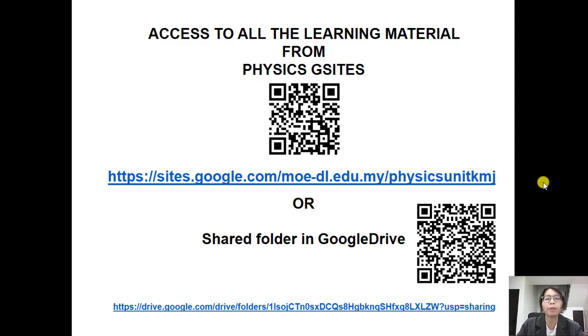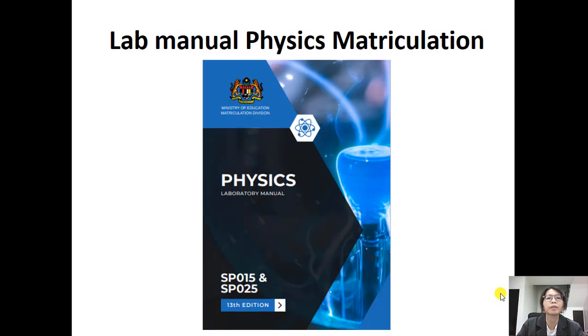You might pause the video and scan the QR code in order to access all the learning material, whether from the physics Google site or the shared folder in our Google Drive. This will be the lab manual that we are going to use throughout the whole program for our physics